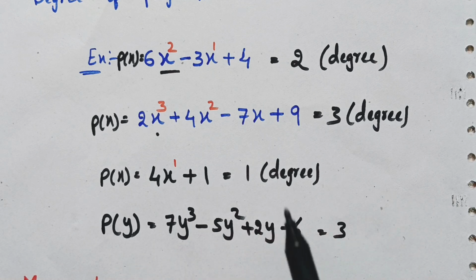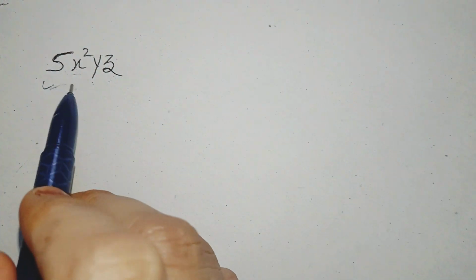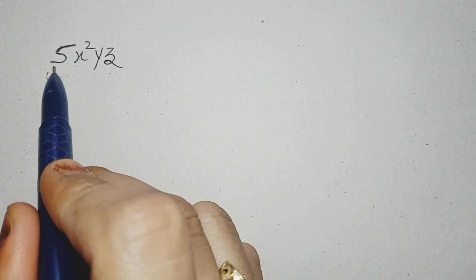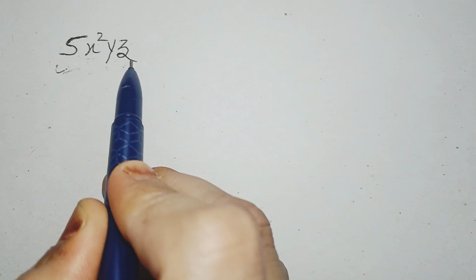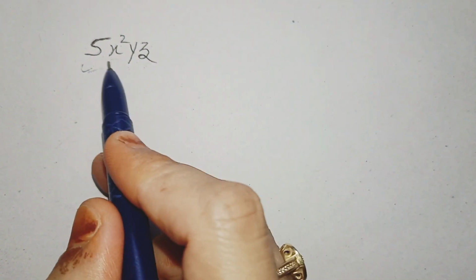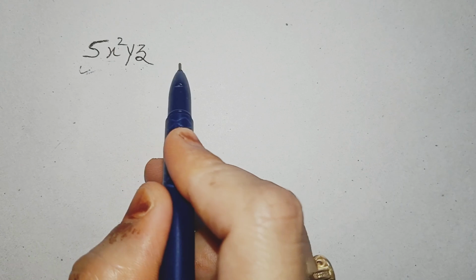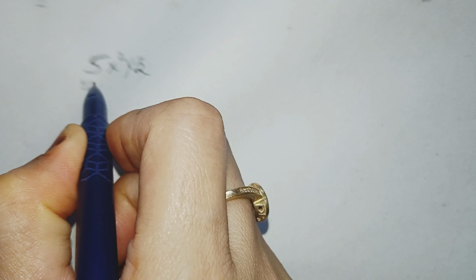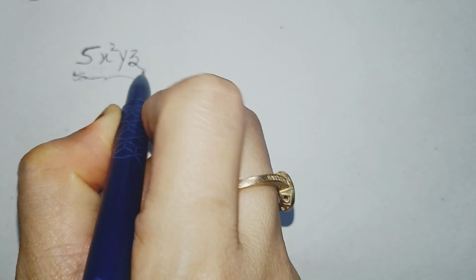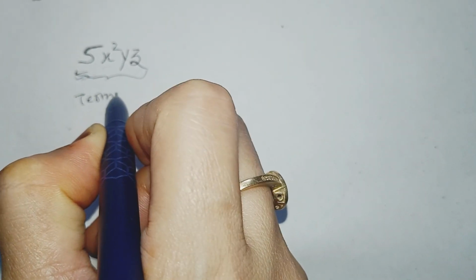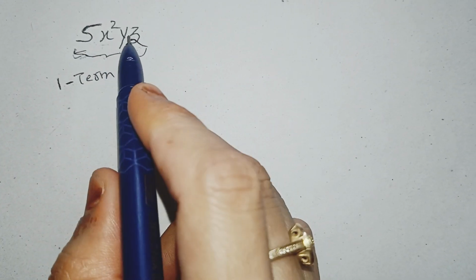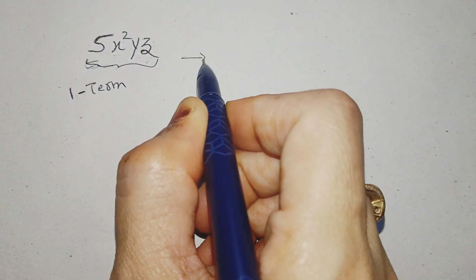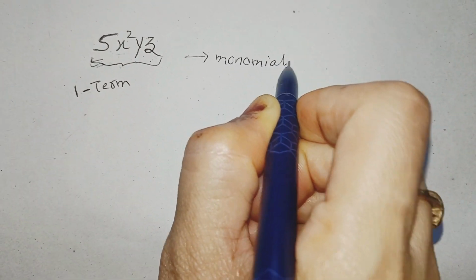Okay, now it's clear. You may get a doubt: ma'am, if we have only one term, then what is the degree of that one term? Okay, let's see that first. Suppose I have this term, which is 5x square yz. This is only one term because we don't have other terms separated by plus or minus. So how do we get the degree of this one term? This type of term we call a monomial. I will tell you about all this later. First let's see the degree of this. If you add all the powers of the variables, for the variable x you have power 2.